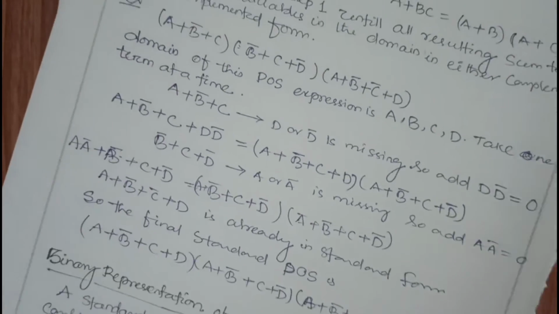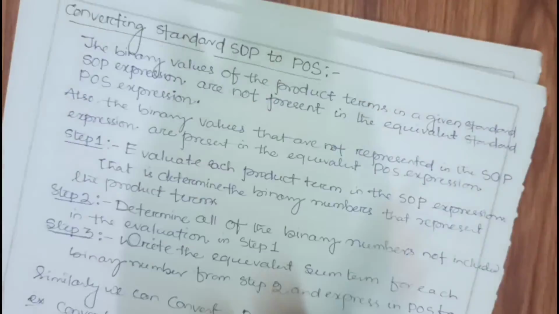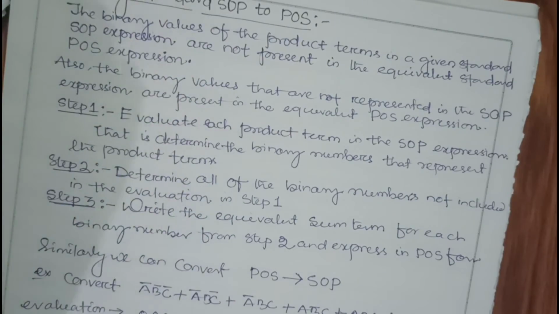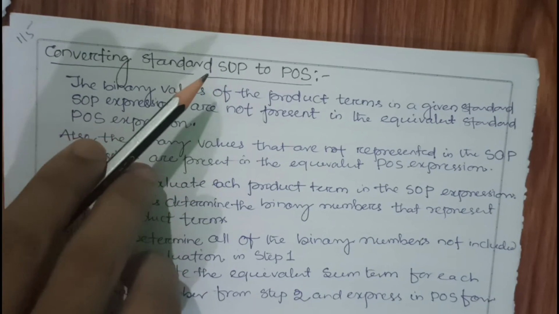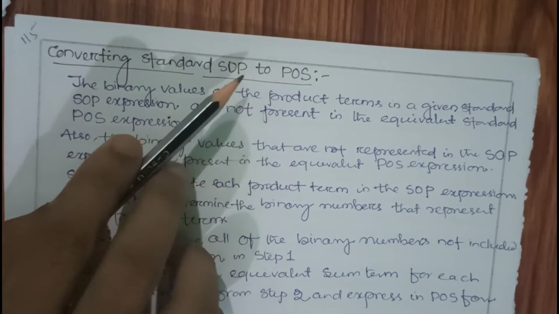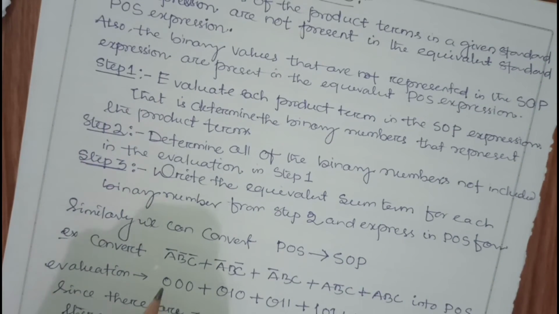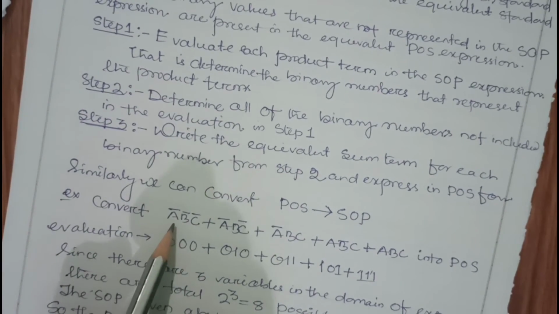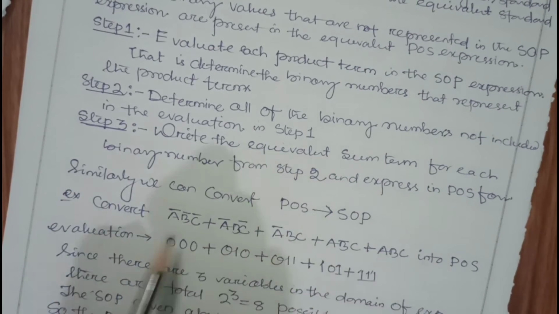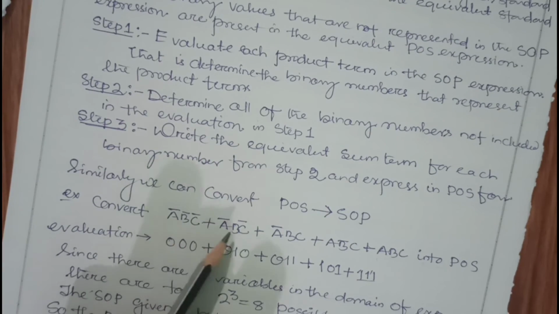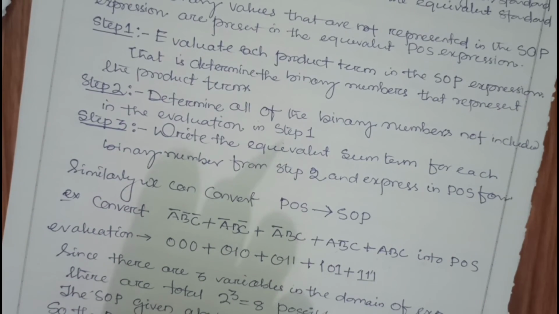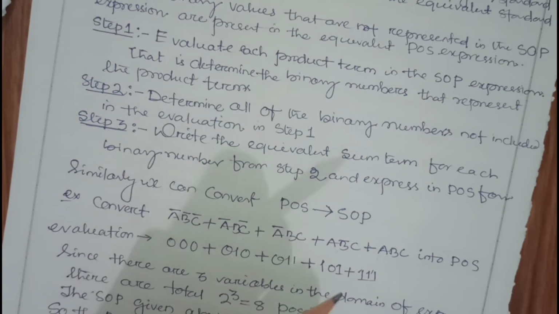Then we will see how to convert a POS to SOP. If you have a SOP, you take the binary values for this SOP and write the truth table for that, meaning write the possible combinations of input. Once you write the possible combinations of input, those values that are there for SOP, you are not going to write for POS. Suppose in this example, a SOP is given. It is a sum of products, and in each product there are 3 inputs, meaning 8 possible combinations, and out of 8, 5 are there in SOP. It means 3 are not there in SOP. Those 3 will occur in my POS.